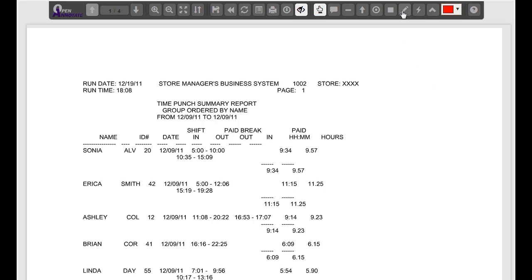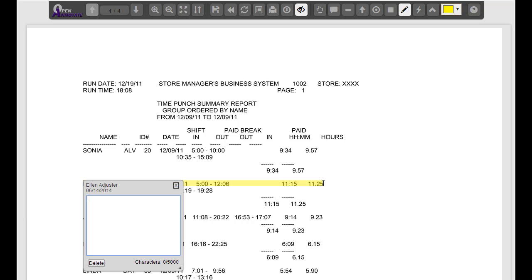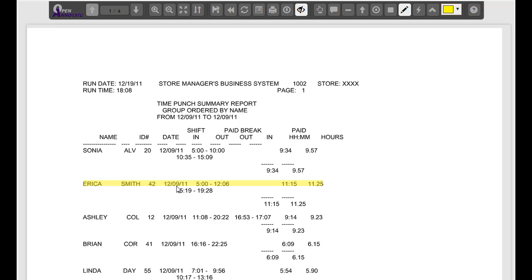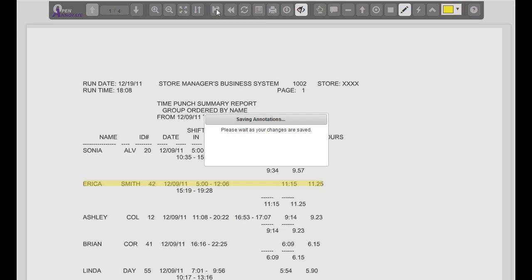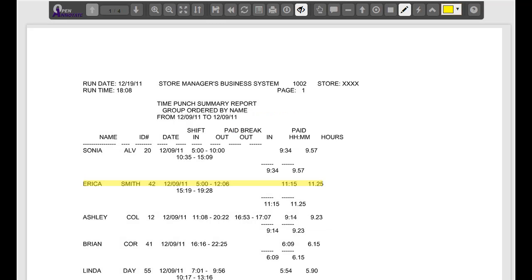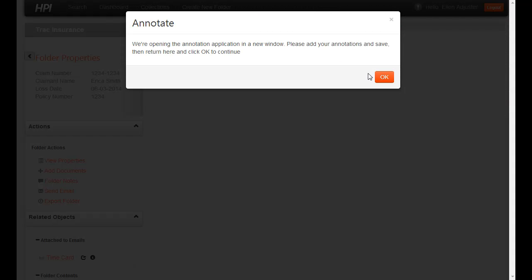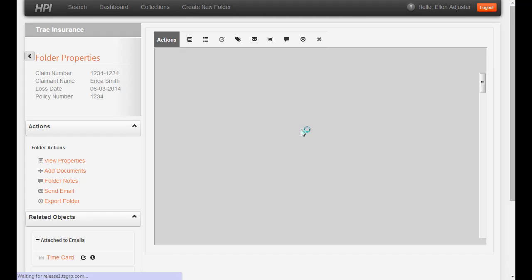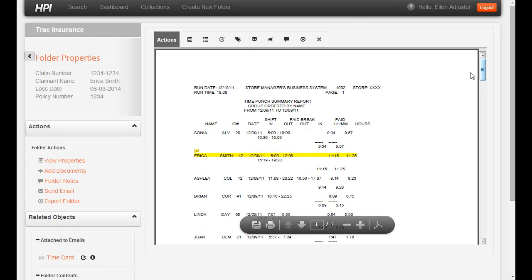What we can do is click on our Highlight tool and then highlight Erica Smith's time on this sheet. We'll add a little note so the next person that sees it knows what we're looking at. And then all we need to do is save the annotation and exit out of Open Annotate. This will bring us back into HPI, and our document will be reloaded where we can view the annotations directly